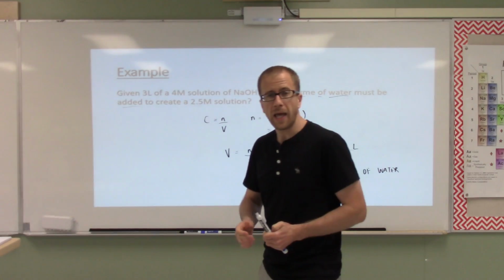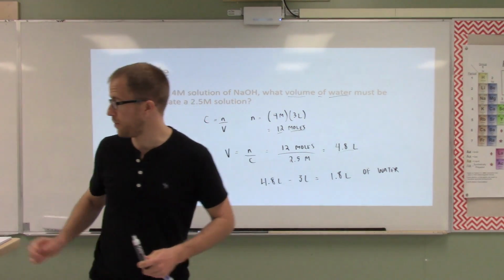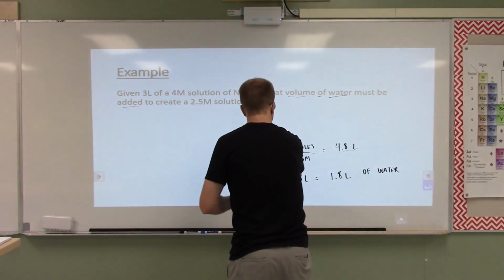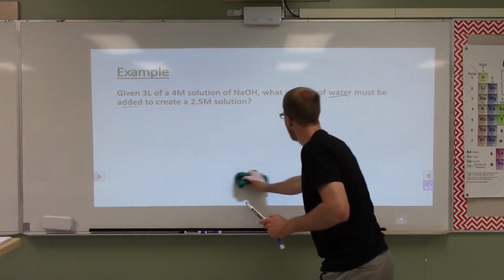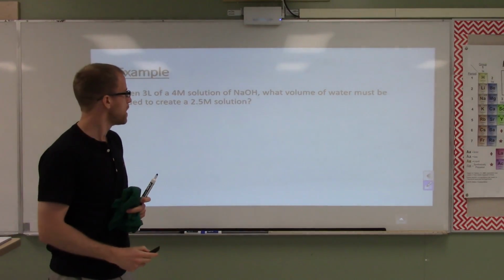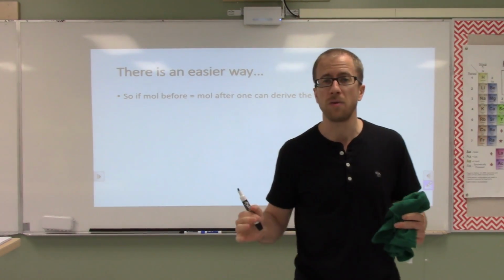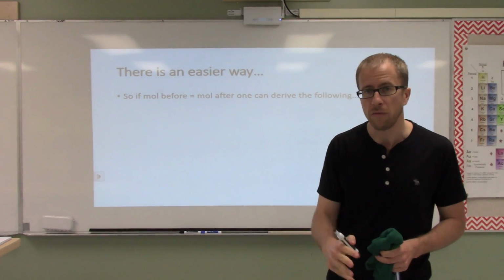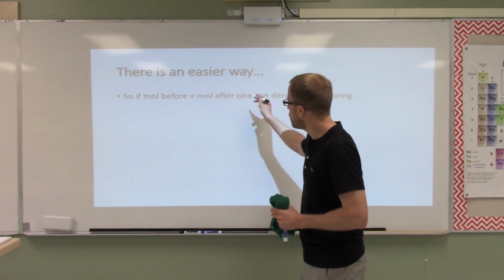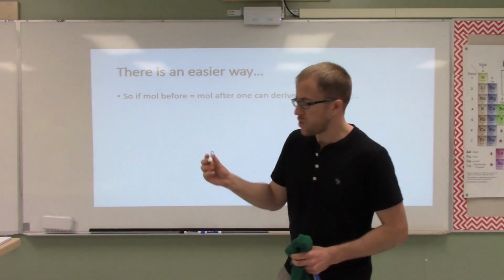Alright, so let's now look at perhaps the easier way of doing it. For those formulaic thinkers out there, this way is probably going to be a little bit more familiar for you. Let's derive the formula. If the moles before is equal to the moles after, one can derive the following. So we know that